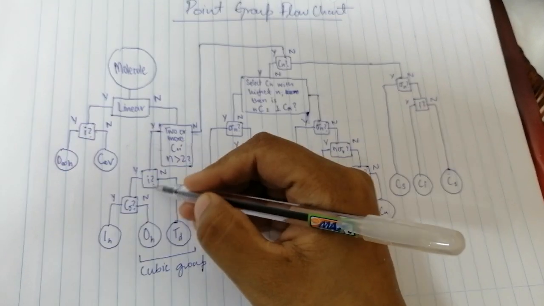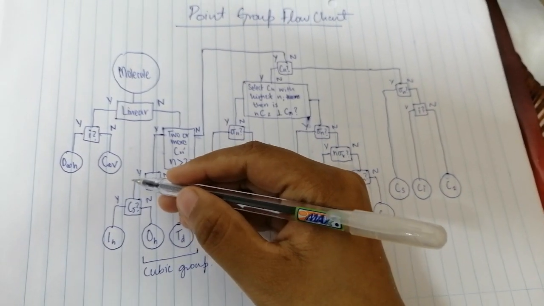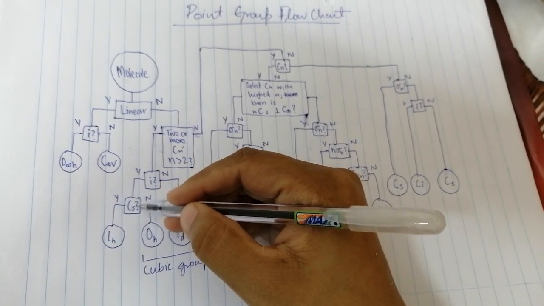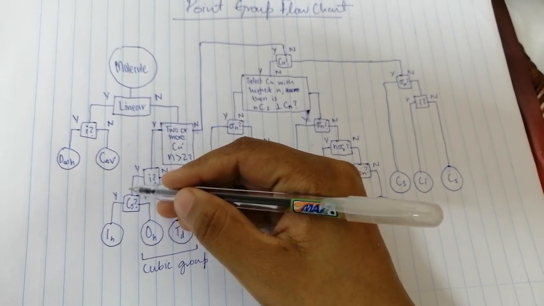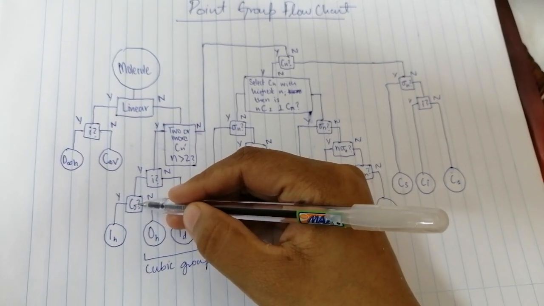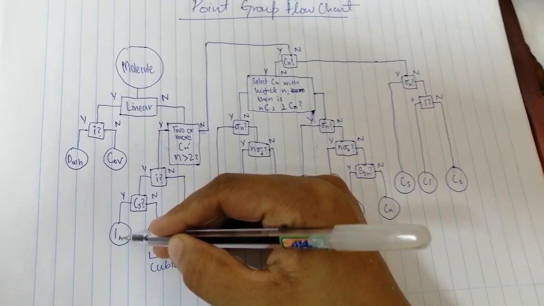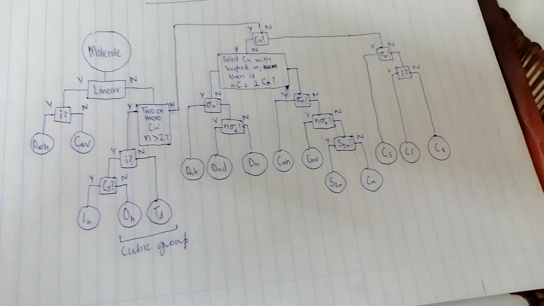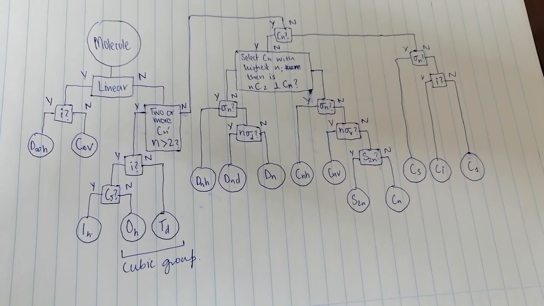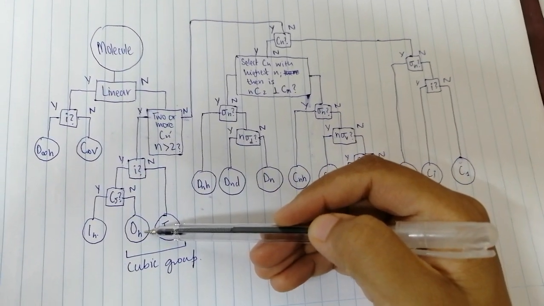If an inversion center is present, so we move to the yes branch, we then need to determine whether a C5 rotation is also present in the molecule. If we do have a C5 rotation, the point group of the molecule is Ih. If we don't, such as fluorine, if the molecule does not contain a C5 rotational axis, the point group of the molecule is assigned to be Oh. For example,